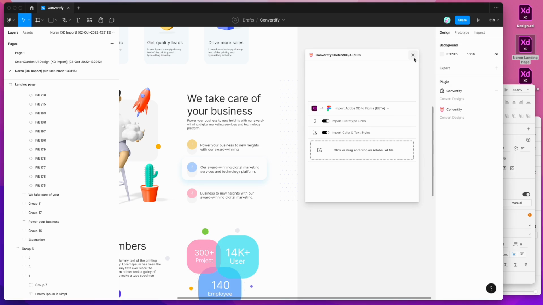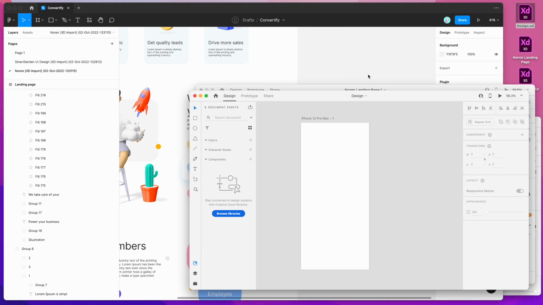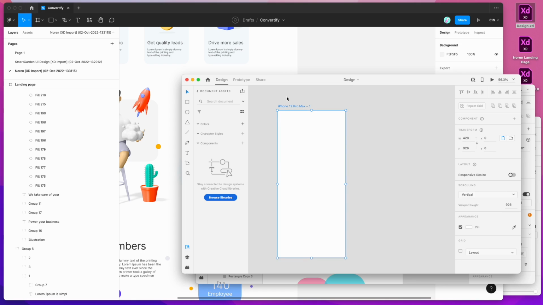The other thing that I said I'd go through is prototypes and styles. So I'm just going to create a brand new Adobe XD file, and I'm just going to show you how a few of these things work. So the conversion import process does support styles, so that's text styles and fill styles, and it also supports prototyping properties. So if we go to XD here and just create a real simple frame,